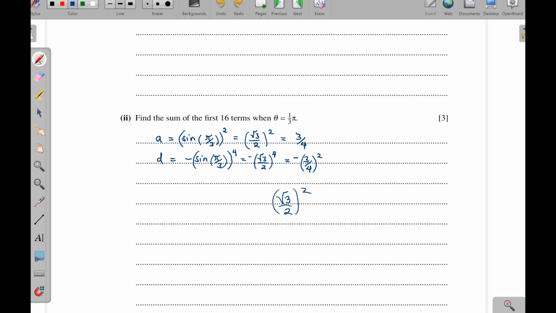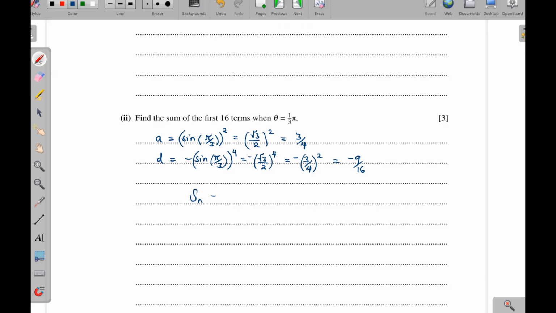So that one will give us 9 over 16. So negative 9 out of 16. There is a minus here. That minus doesn't go with this. Okay. So sum